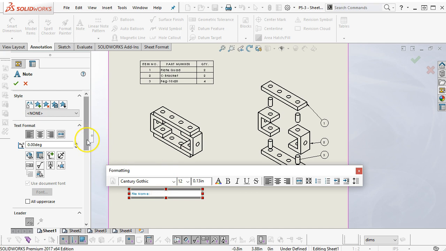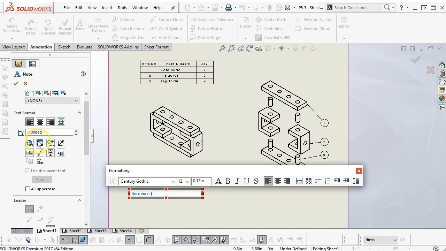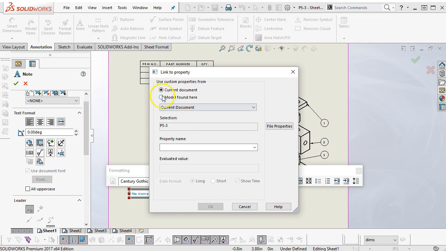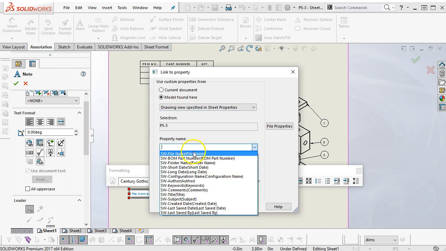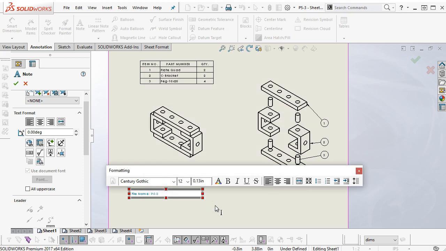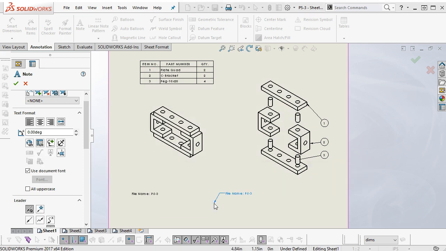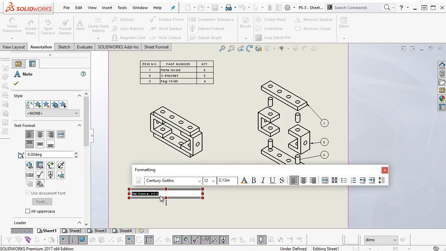And that one's showing up in the dim. And I'm going to go to the link, pick the model found here, drawing view specified in sheet properties, and we'll go to a property name and pick the file name. Hit OK. So assembly file name 5.3. We haven't set any materials or any other additional properties, so that would be one we'd want to look at. So material